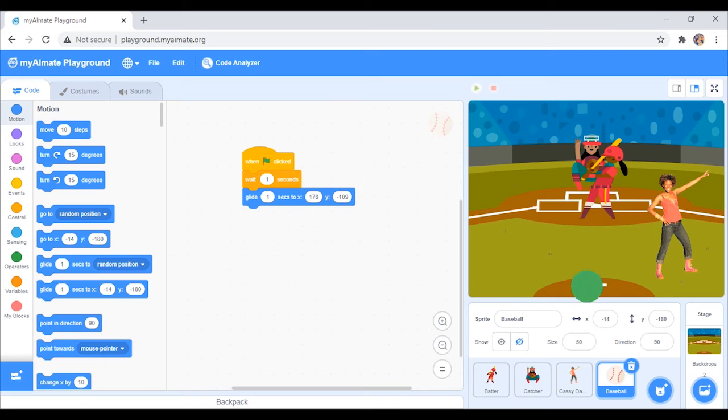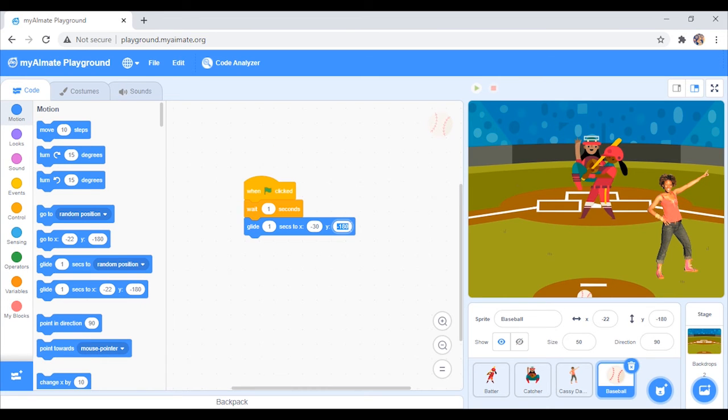Now, to know the coordinates of the place where the batter will hit, we place the ball there, record it and then enter it. And after that, we use it again so that the ball may glide to any boundary we desire.